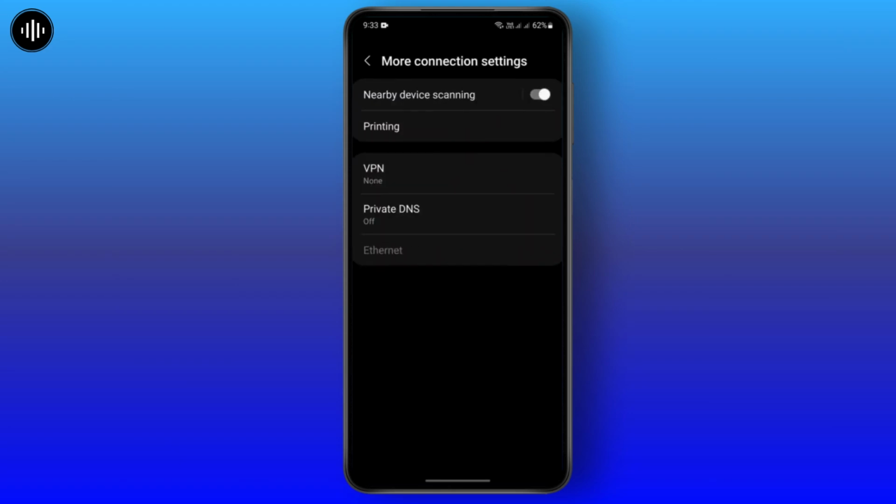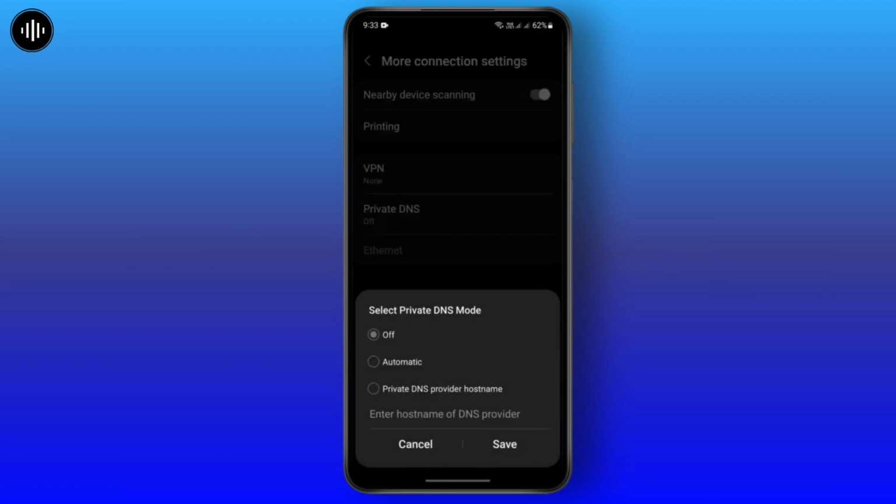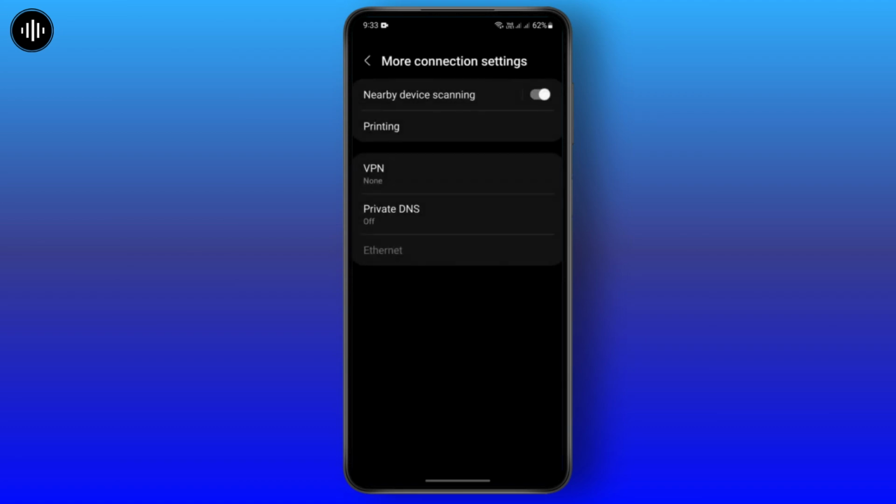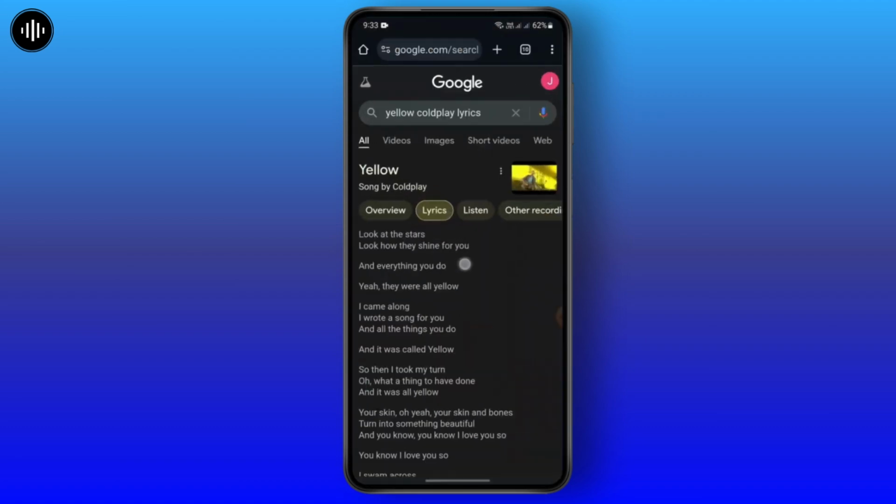After that, here you should be able to see the private DNS option. What you can do is just turn it on. Just turn it on and tap on save. After that, if you open up a browser and let's say you have a lot of ads on that browsing. So here, in order to